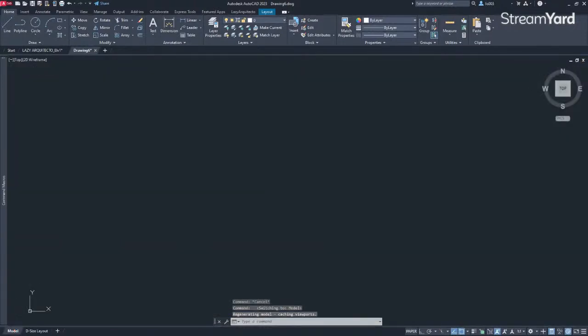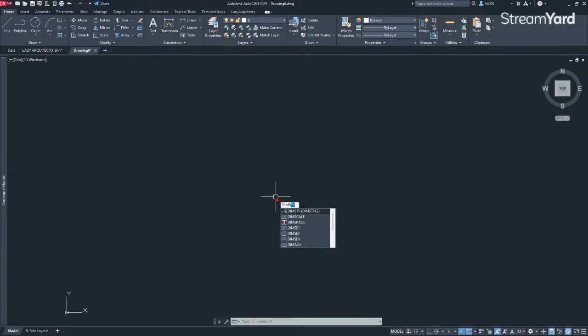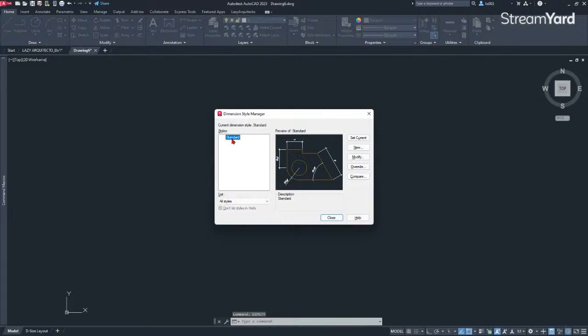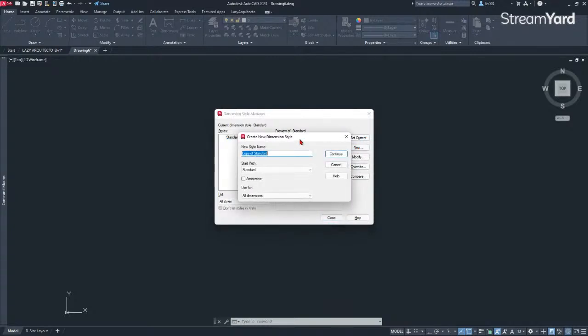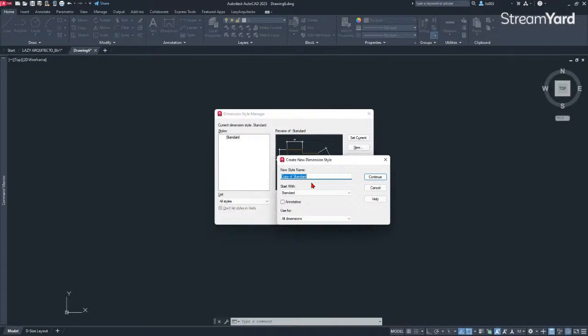The reason why I'm opening this is because I need a brand new drawing to create my dimension style. So over here, I'm gonna type the DIMSTYLE command to open my dimension style dialog box. Once I do that, you can see that I have only one standard dimension style. What I'm gonna do is create a brand new one. So I'm gonna click new, and then I'm gonna rename this